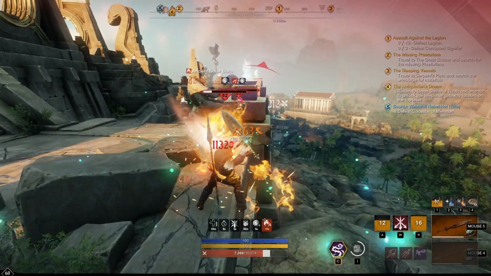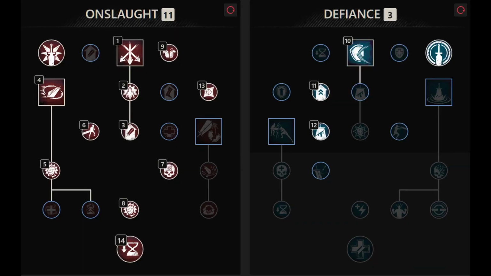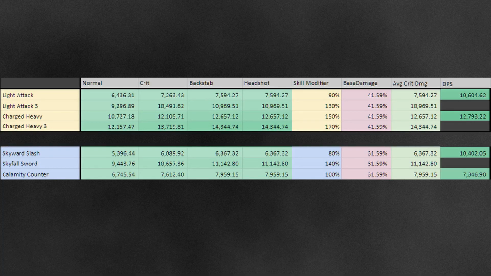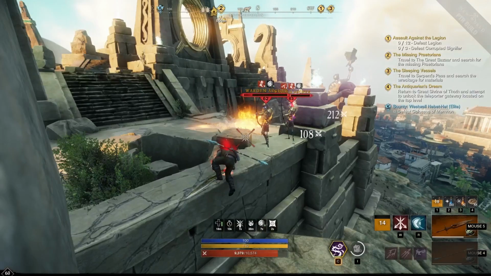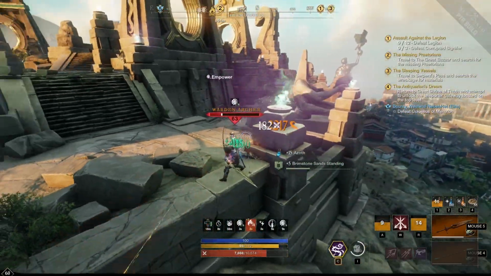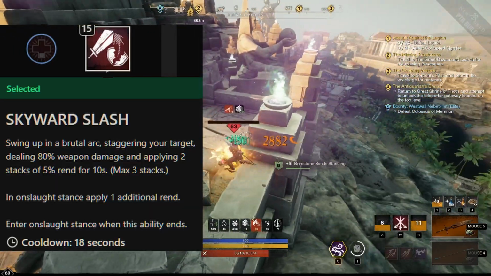What we still need to address is the Skyward Slash versus Calamity counter situation. From a raw damage per second perspective, neither of these abilities is actually good because they both deal less damage than just spamming heavy attacks. But both of them come with their own benefits. Calamity counter gives you an extremely strong block that's essentially a damage immunity, whereas Skyward Slash applies a rend to